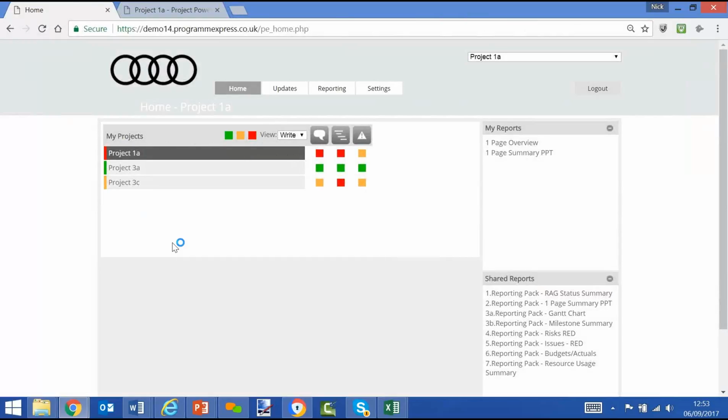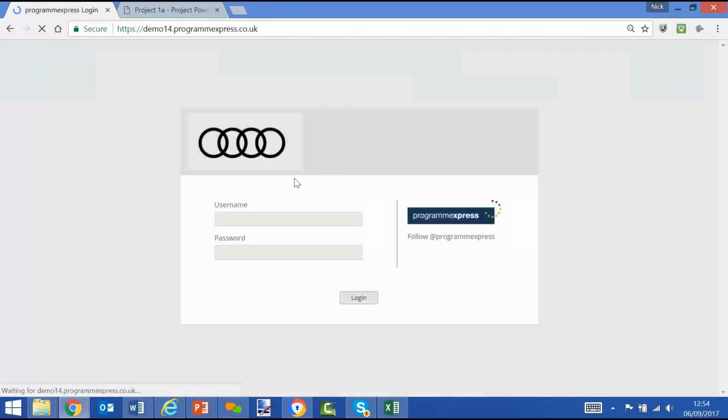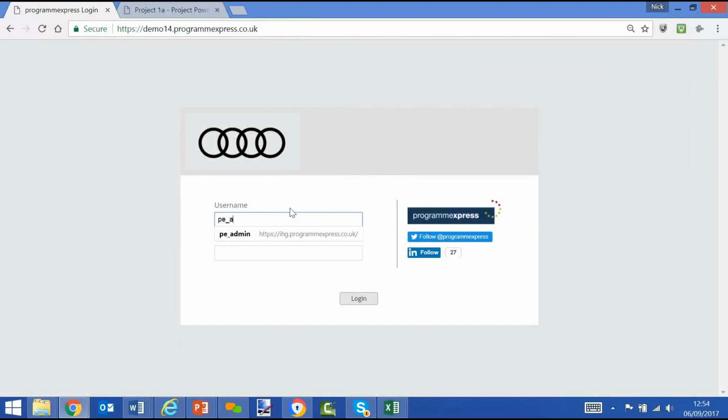So very simple interface for the user to make their updates. And the whole idea of ProgrammExpress is simple updates, powerful outputs. So if I go back in and log on as the administrator,